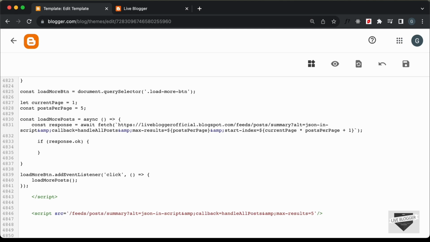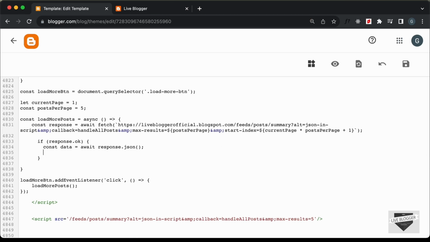And if the response is okay, let's create a const called data, and let's set it equal to await, and we'll get the response. So let's type response.json. So this will give us the JSON data from the response. And as we saw in the previous video, we are getting the data as data.feed.entry. So let's go ahead and store that inside a constant. So I'll just name it const entries, and let's set it equal to